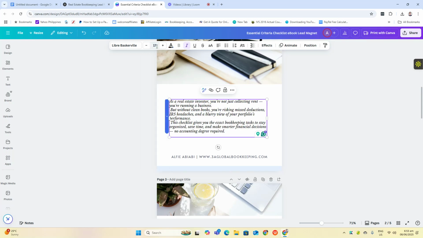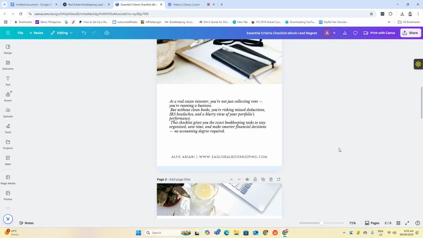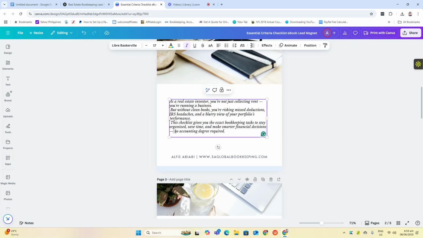Make this 17. Okay. So if you see some longer dash, change it with a comma. Okay. So as a real estate investor, you are not just collecting rent. You are running a business, but without clean books, you're risking missed deductions, and with the IRS, we prefer this paper. This checklist gives you the exact bookkeeping tasks to organize, stay safe, and make smarter financial decisions.